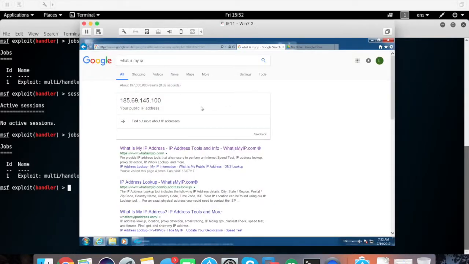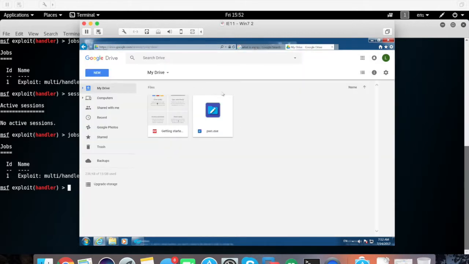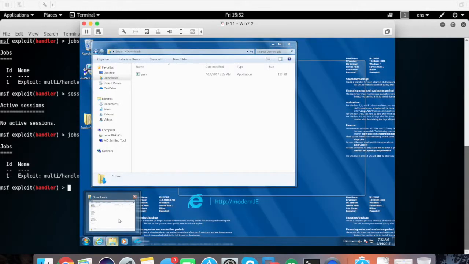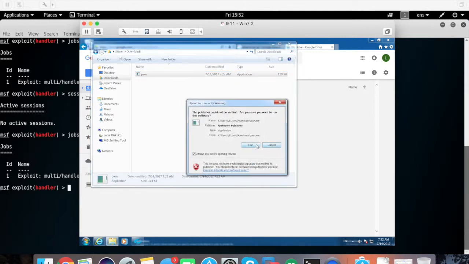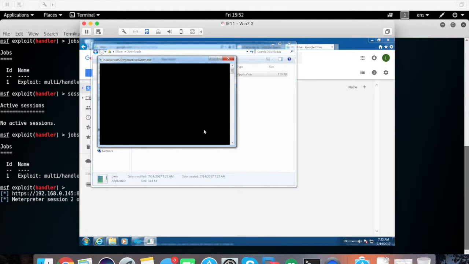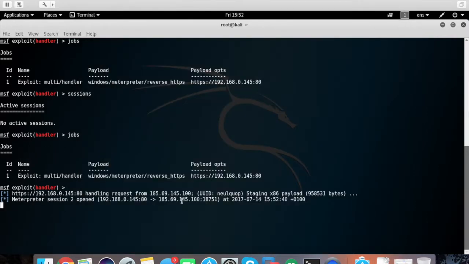So going back to Windows, one of the things we can do is quite happily download the executable file, but for the purposes of the demo, let's assume that we've already gone ahead and done that. So in our downloads folder, we've got the malicious executable, and we're going to go ahead and run that. And one of the things that you're going to see is the inbound call there from the Vodafone IP address